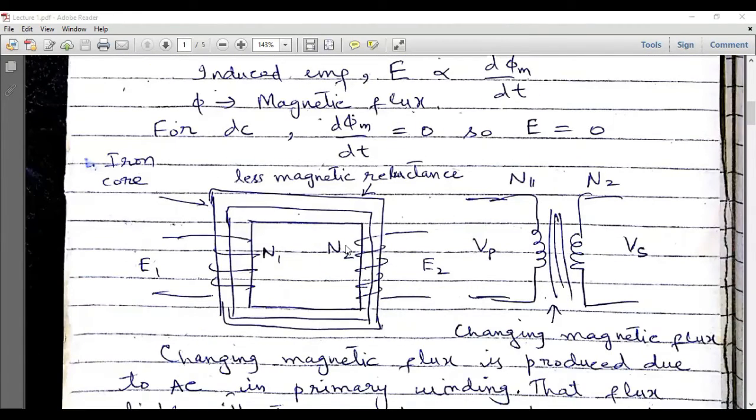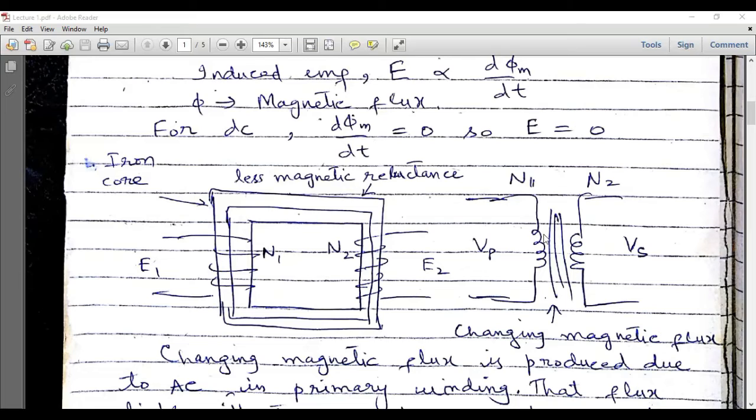So this is the construction of a two winding transformer, and this is its symbolic diagram. This is the primary winding, this is the secondary winding, and in between there will be magnetic flux which will be produced due to the current flowing through the primary, and that magnetic flux will be alternating in nature, and that flux will be linking with the secondary winding. So due to that alternating flux in the secondary winding, EMF will be induced,